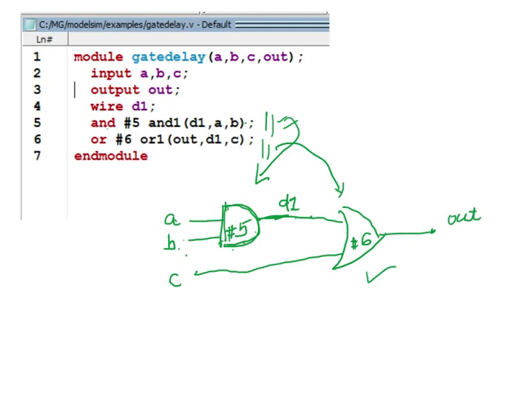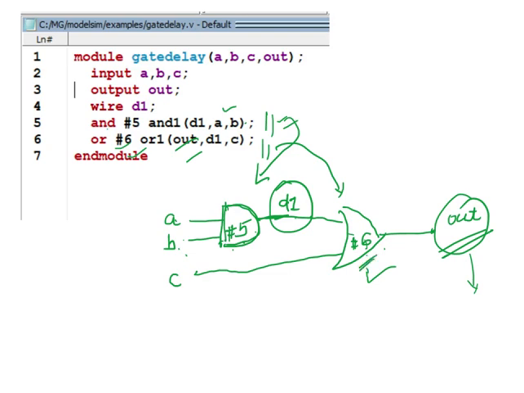If there is a change in input, that is A or B changes, then after 5 nanosecond the output of D1 will be updated. Then after 6 nanosecond, the output of this OR gate, we can see the changes. So #6 means this is the propagation delay of this OR logic.